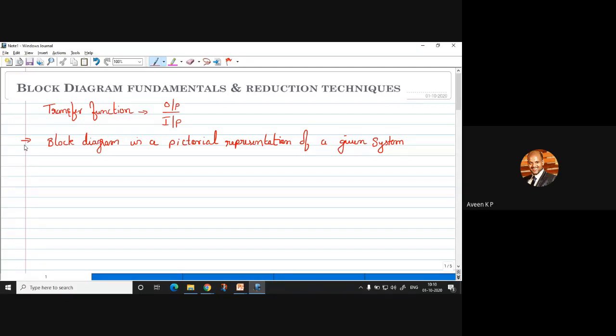In a block diagram we will have five basic elements. So what are those? Starting from, obviously you will have blocks, a rectangular block. Next, transfer function,